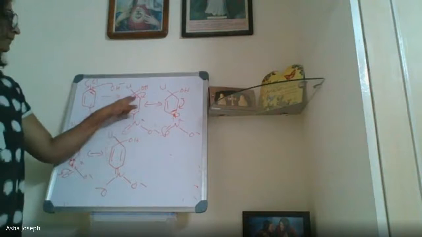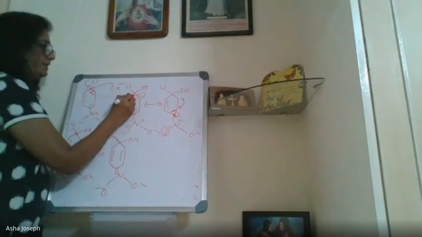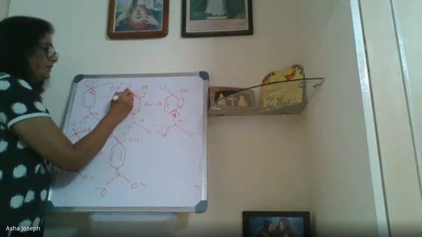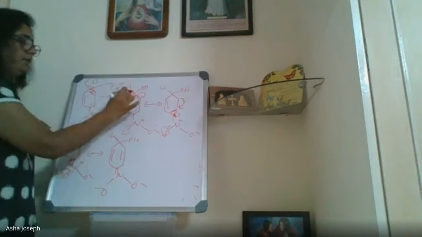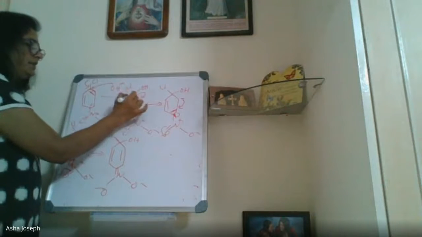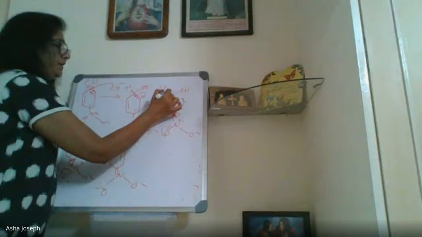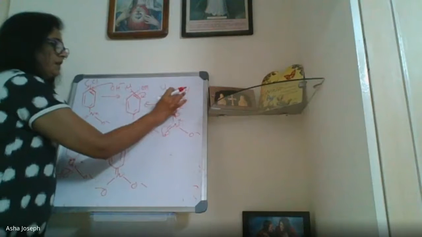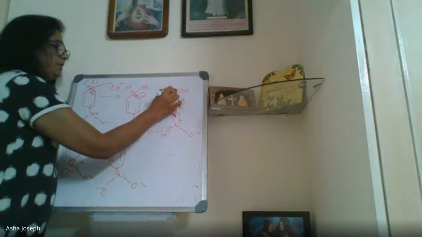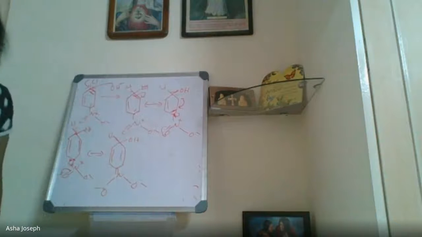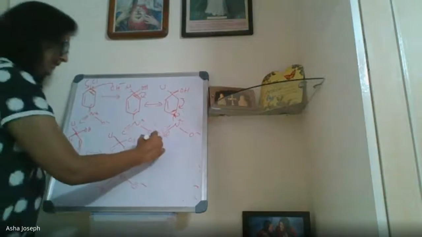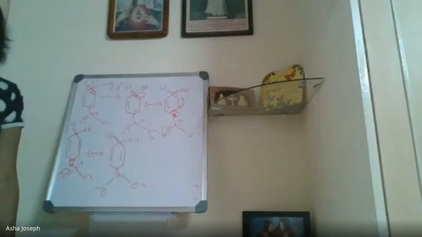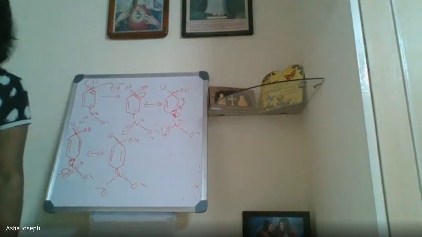Then the last, see, now end product means this will leave. After these resonance structures, this will leave, and when it leaves, electrons will be given and that bond will be formed. That is how the product comes. Okay. So after this I will say what happens. These are the resonance structures.